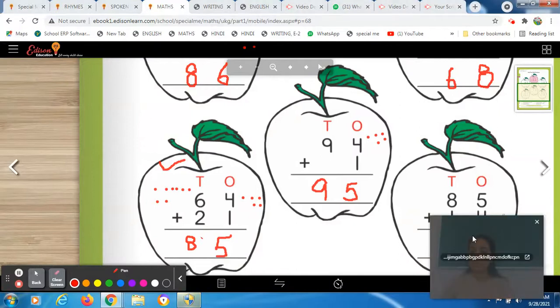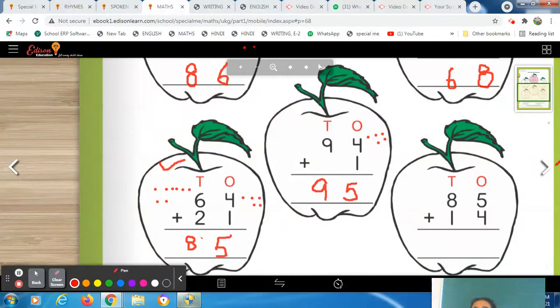Okay, students, now this is your last sum. You have to do it by yourself. I am giving you this as homework, so you have to do it as homework and then I will check it by tomorrow. Okay, so kindly complete this worksheet by today. And again I am saying one thing, that first of all you have to cover the activity and then start with the worksheet.